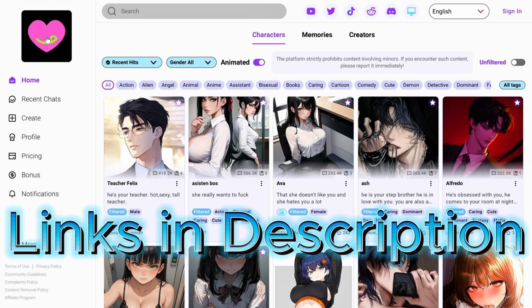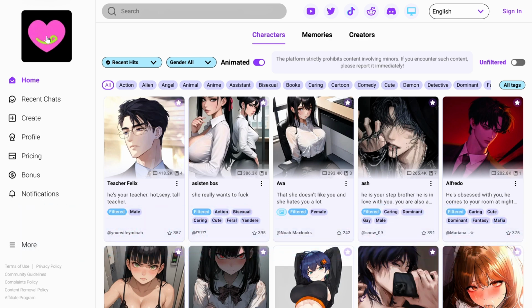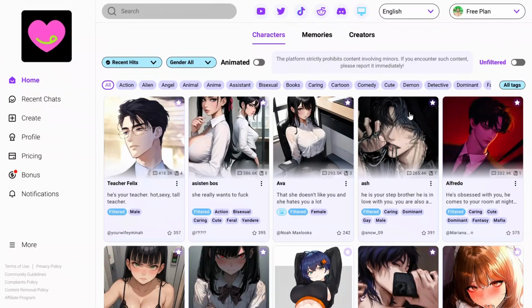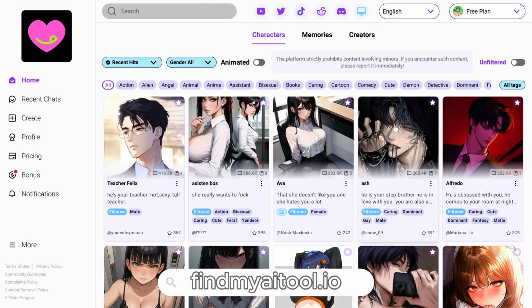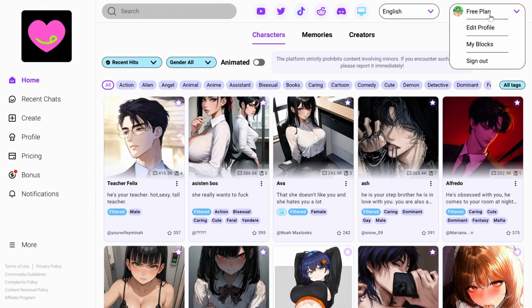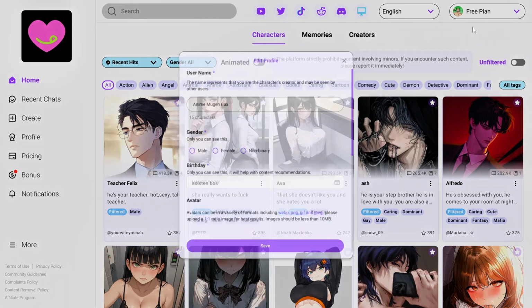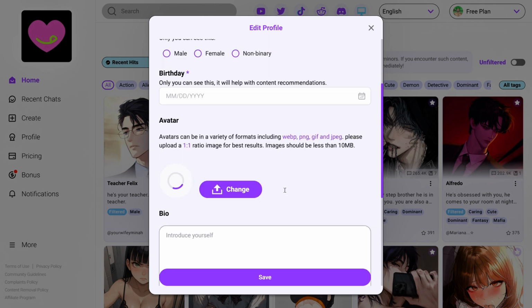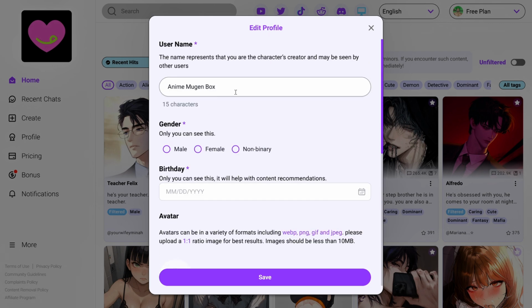So once you head to the front page of CrushOn.AI, you need to sign in to use the platform, of course. Once you sign in using your Google account or your preferred method, you need to click on the plan, click edit profile, because it's the profile that you're going to be using to chat with your character, of course. So you can change the name,